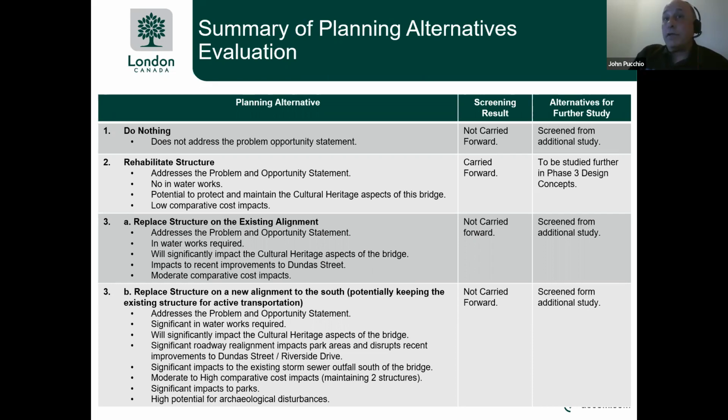Finally, we have alternative 3B, or structural replacement on a new alignment, which also addresses the problem opportunity statement. Many of these impacts are similar to alternative 3A, but with the new alignment, most of the impacts are actually increased. Further, there are other significant impacts that are added to the issue, including disruption of existing park areas, disruption of the existing stormwater outfall on the east side. And also there is a high potential for archaeological disturbances in the area now that we're taking a new